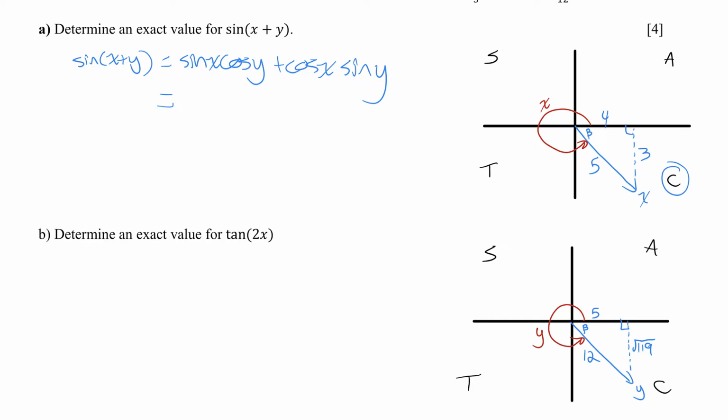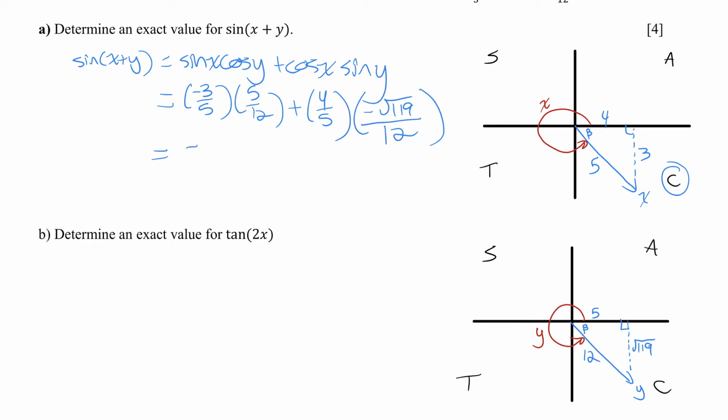Sine of x is negative 3 over 5. Cos of y, I have to look down at my second diagram. Cosine of y is adjacent over hypotenuse, 5 over 12, and it's positive because in quadrant 4, cosine is positive. Cosine of x, if I look at angle x, cosine adjacent over hypotenuse is 4 over 5, and I can leave it positive. Sine of y would be opposite over hypotenuse, but I have to make it negative because in quadrant 4, sine is negative. And if we simplify this, we get negative 15 minus 4 root 119 all over 5 times 12,